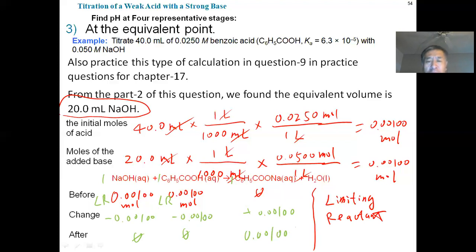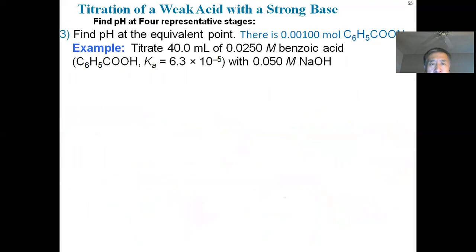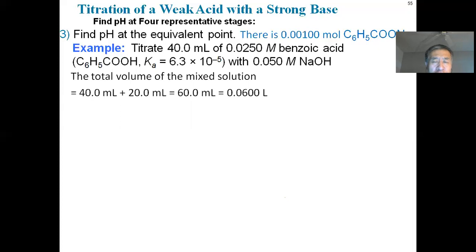All right. So now, what do we have in our reaction mixture now? We don't have any of the strong base. We don't have any of the weak acid. We have some of the conjugate weak base. So then you cannot assume our pH will be neutral, because we have our conjugate weak base. So we have to find out the concentration of the conjugate weak base, then use an ICE table to calculate the pH for a weak base. So the total volume so far is 40 plus 20, 60 milliliters, so that it becomes